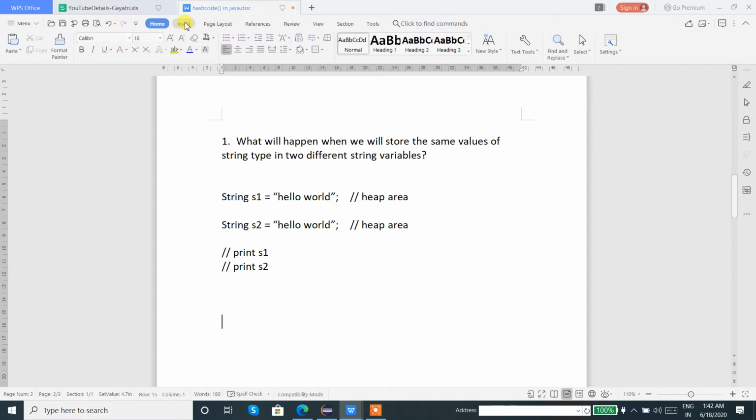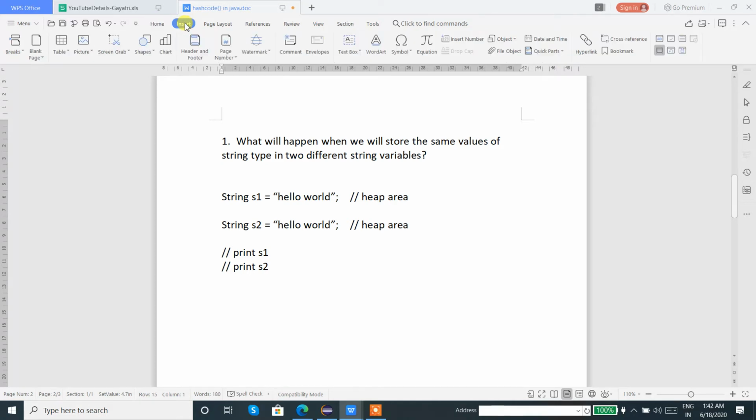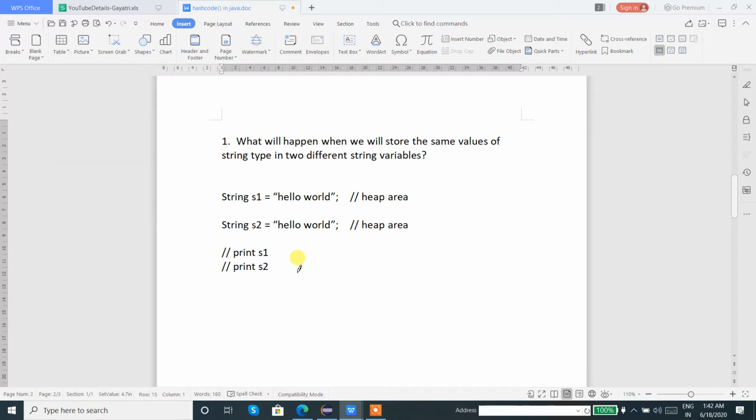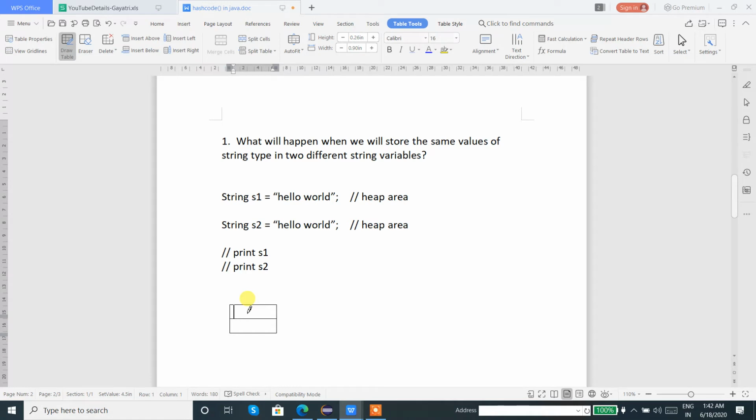I'll just create a table. Let me create it like this. Okay, so here let's say value 1 is stored in s1 and value 2 is stored in s2.